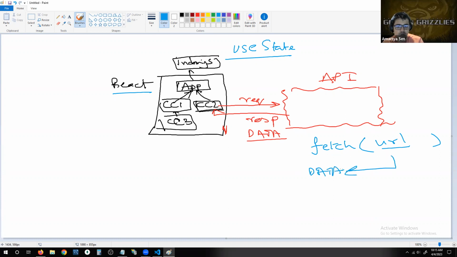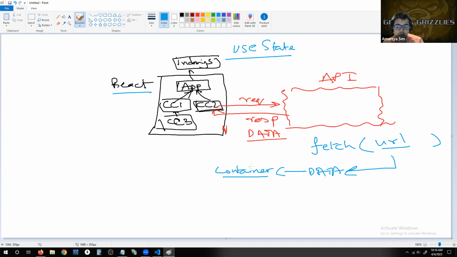And typically what you do whenever you receive data from anywhere and you have to manage it within your application, you're going to put it inside some sort of a container. That container could be an array, an object, or a variable, depending on the nature of the data. It could be whatever data structure is most suitable for that particular situation,